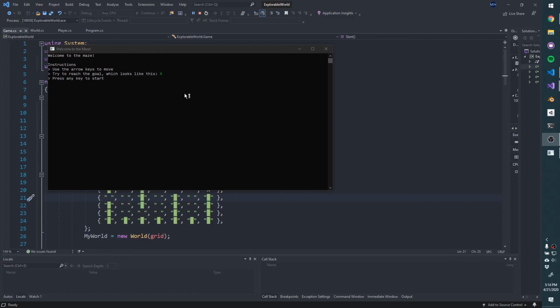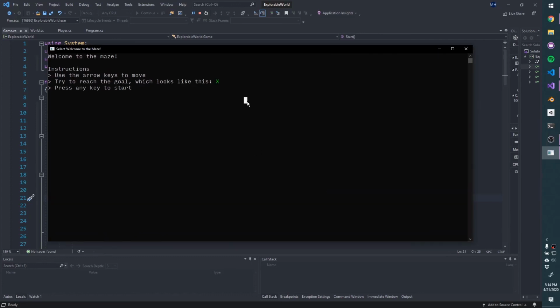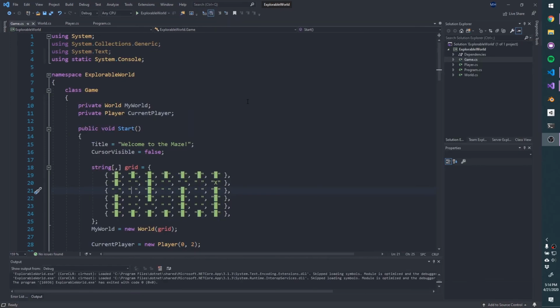So if you followed along with the last video, you will have created this maze game where the player can move around with the arrow keys, and when they reach the X, they exit, and the game is over. And so we got a good skeleton, but there are a couple of things that we left to improve for next time,